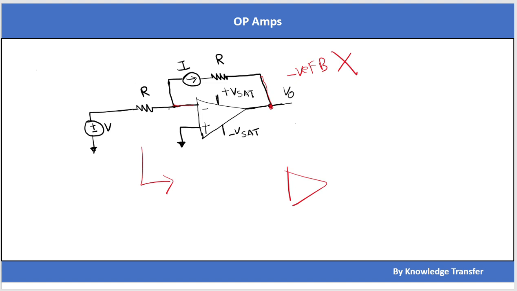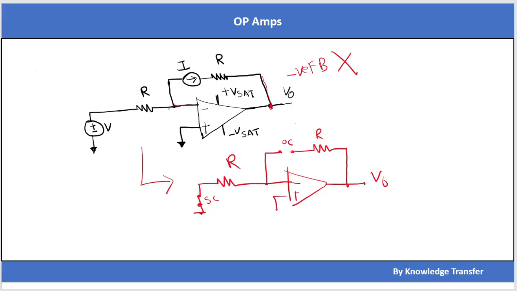Let's redraw. Whatever circuit you get, you should always analyze from the basics. So what is the basic here? Whatever voltage source you have, replace it with a short circuit, and replace the current source with an open circuit. Then here I have an open circuit, and there is an R, there is an R. Then break the circuit here. That means let's assume I have broken the circuit at the output, and I applied a voltage of V naught